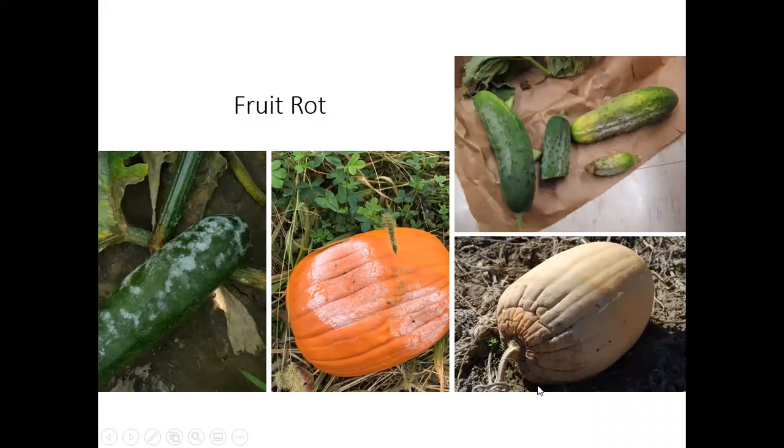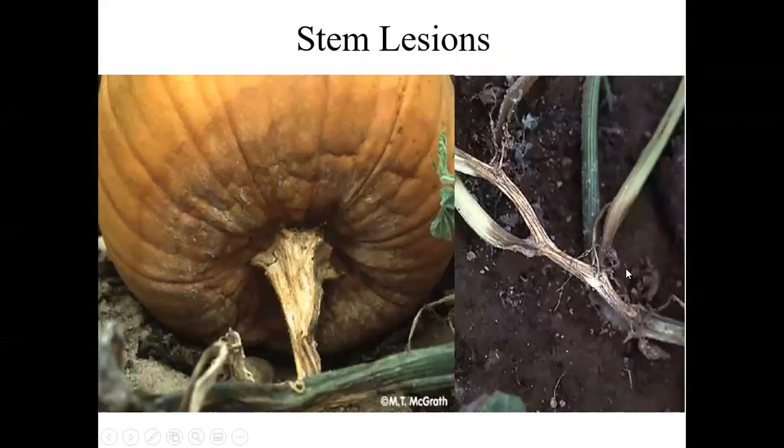And then another way that it can enter the plant is through the actual stem. So it moves in the vascular tissue from the stem to the fruit. And then we see that fruit rot progressively moving back through that fruit. And another close-up of the stem lesions, taking out the stem. And this can completely wipe out a cucurbit crop in really just a matter of days. It goes from looking very vibrant and healthy to having huge numbers of rots throughout. And once it's present, it's really hard to manage that, not just this year, but moving forward into the future